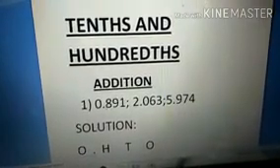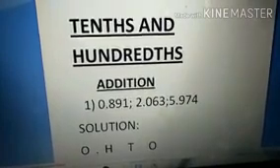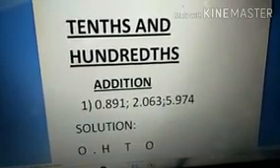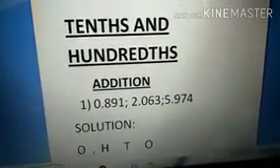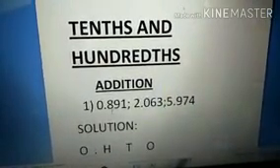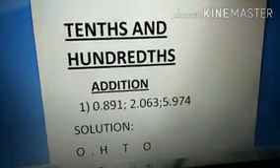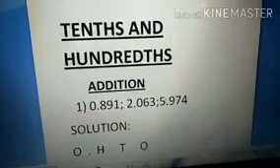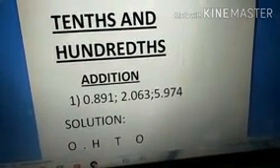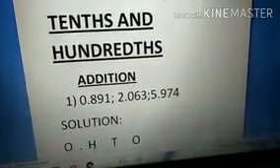You see, first you refer all the digits. Before the decimal in all the three numbers we have one digit, so I write down one alone here before the decimal point. After the decimal, in all the three numbers we have three digits, so after the decimal I put ones, tens, hundreds, three place values. Is it clear, children?